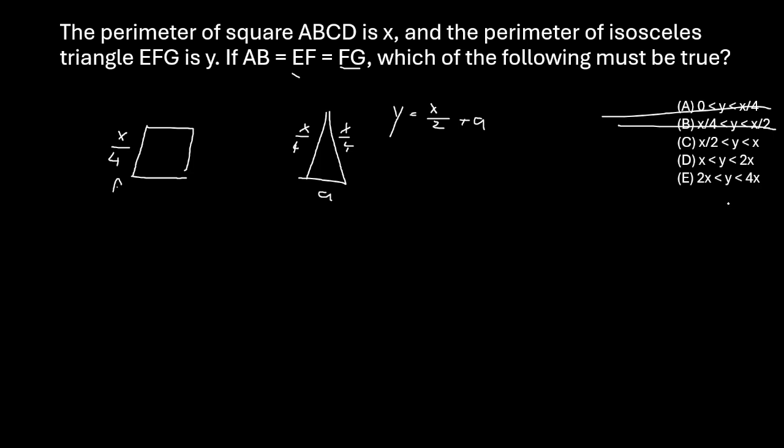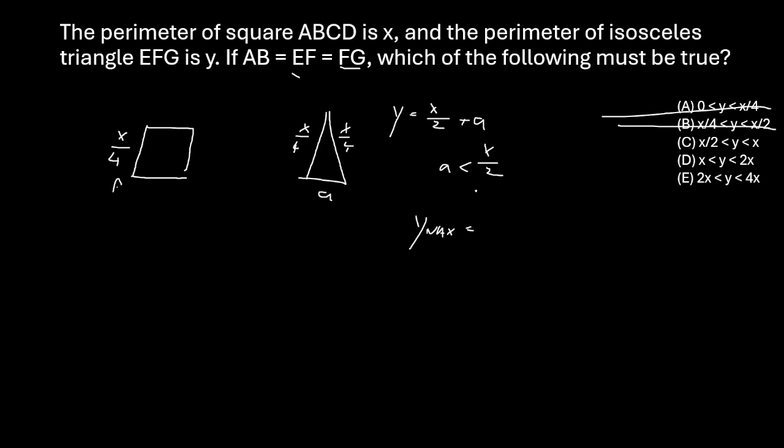Well, remember our triangle inequalities. A has to be smaller than the two other sides to make it a triangle. So the two other sides are x over 2, so A has to be smaller than x over 2. So what is the max value of y? The max value of y would be when